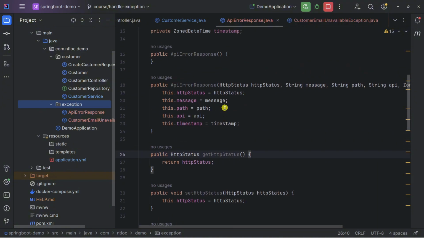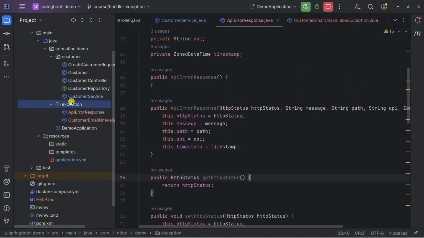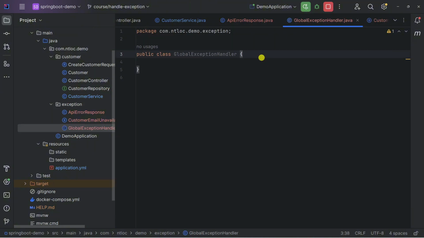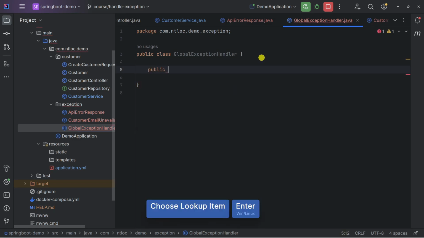And the next thing I would like to do is, under the exception package, create another class, GlobalExceptionHandler. This class represents the centralized exception handling for the business logic exceptions across our application. Let's create a method to handle CustomerEmailUnavailableException. Let's type public, the response type is ApiErrorResponse.